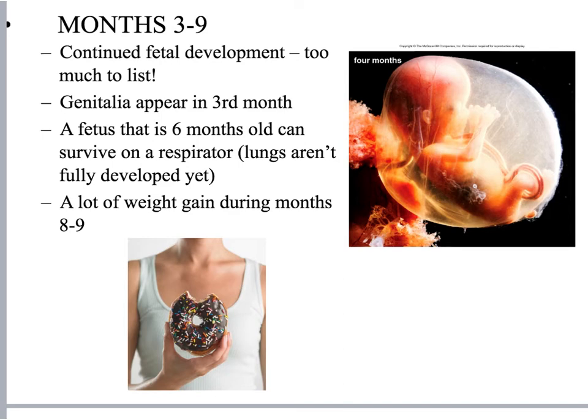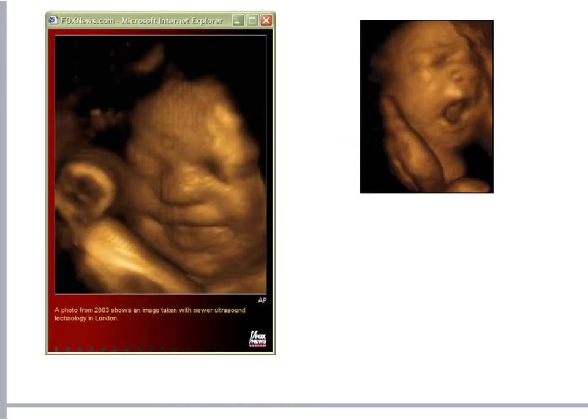And in fact, one of the biggest cravings, and that's why I have this donut here, one of the biggest cravings for a woman in her last 2 months of pregnancy is for fat. And this is when that developing fetus's nervous system, all of the axons are myelinating. And if you remember, myelin has lipids in it. So the desire for fat is incredibly high, and the demand for fat because of this myelination is incredibly high. I've actually read in many places that a woman could not be pregnant past 9 months because she couldn't eat enough to keep up with the demands of that developing fetus.